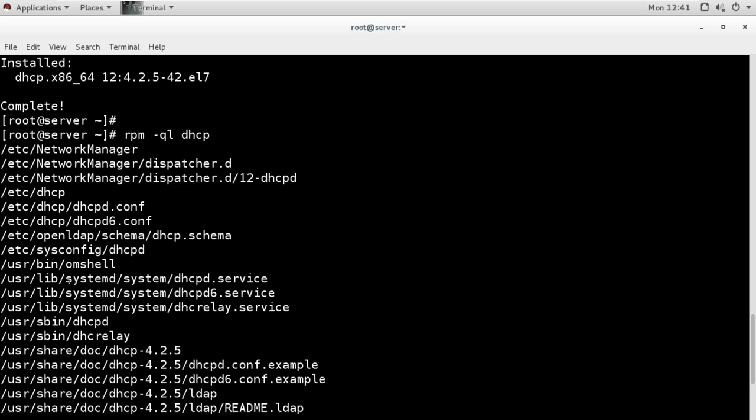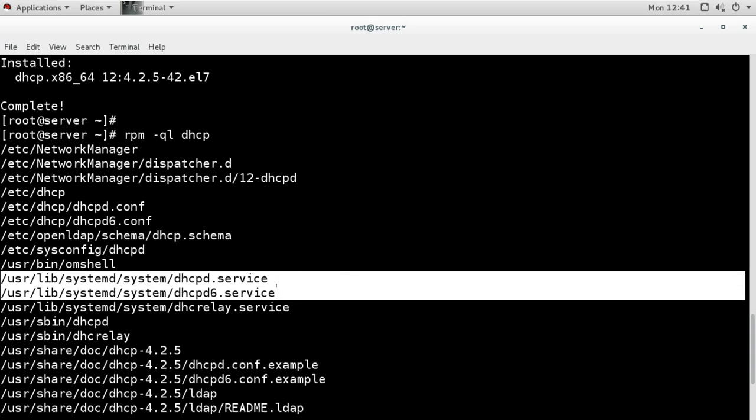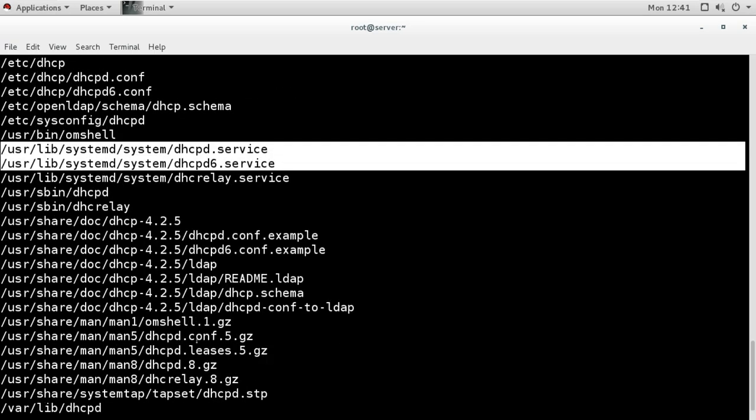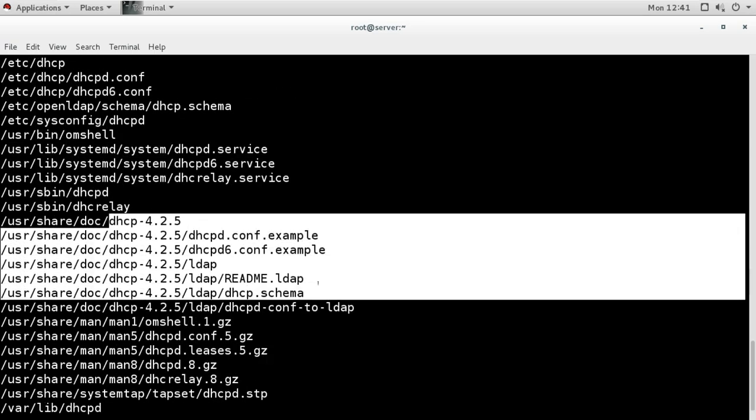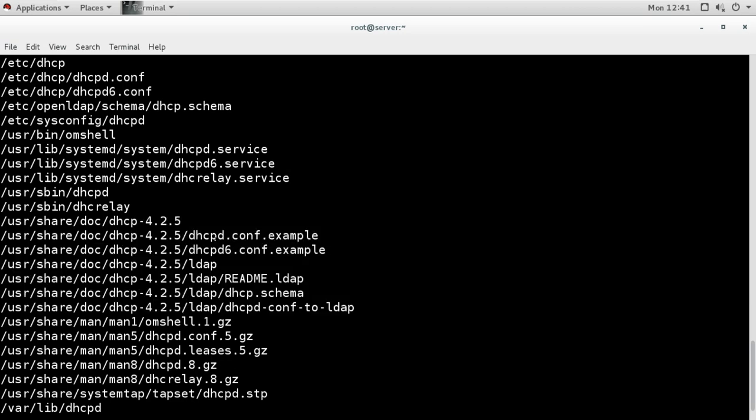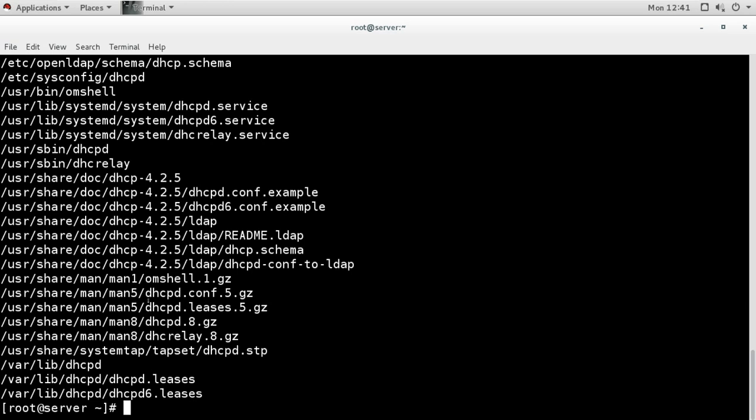Then we have a service for our DHCP server, dhcpd.service, and also a service for IPv6. Then we have some commands, then the documentation related to the configuration files and other files, and sample files. Then we have some man pages, and then we have the lease directory where we have the lease information.